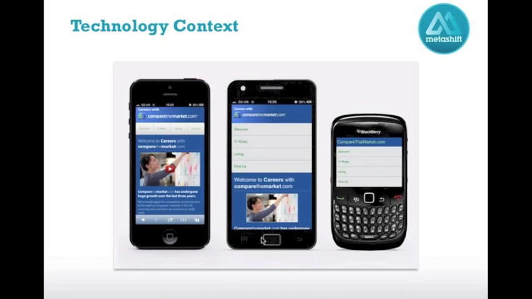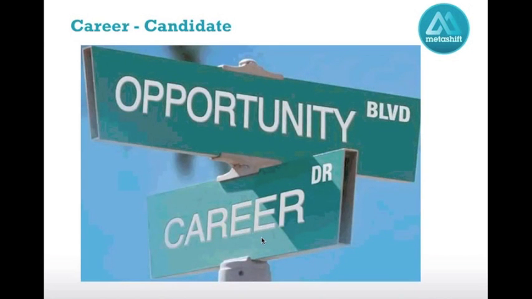What type of phone is your target audience using? Do you have to cater for multiple types of phone? How does that actually work? And then finally, the career context. There are two sides to this. There's the candidate's context. So if you're trying to reach a specific audience, is it easy to recruit, where you have huge amounts of applications and it's all about filtering, or are you targeting people that have proven to be very difficult to find and bring into your organization?